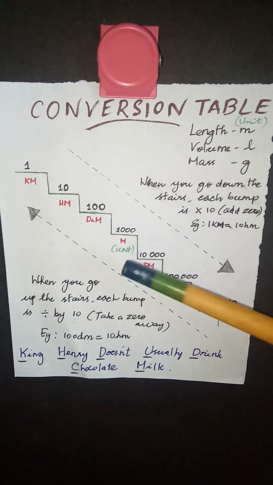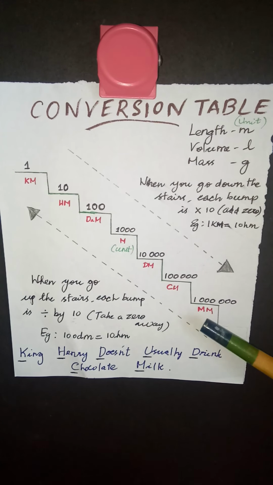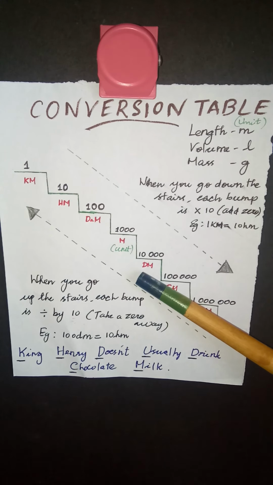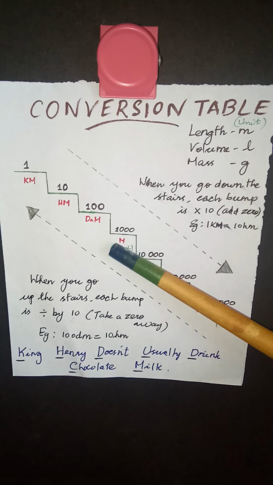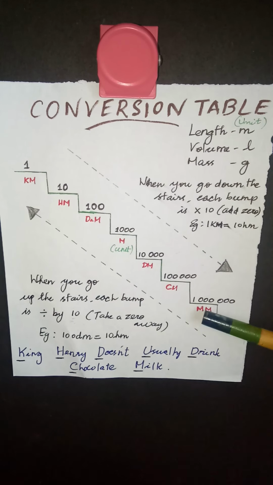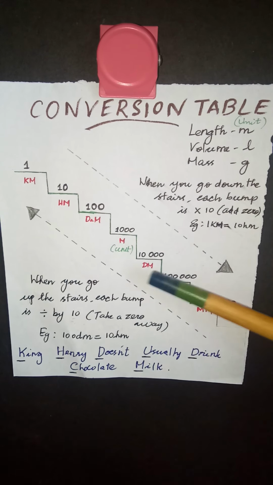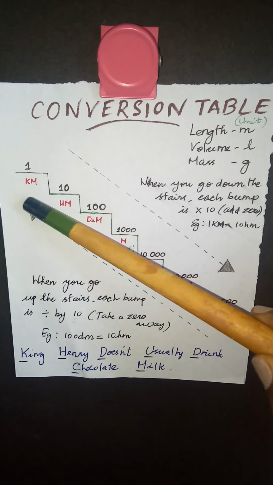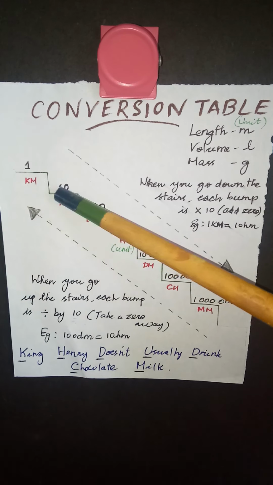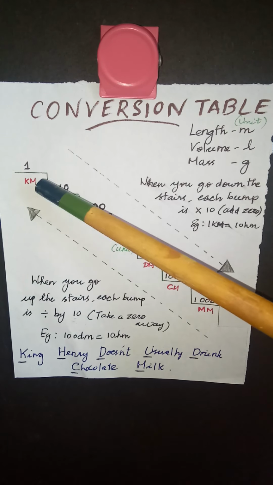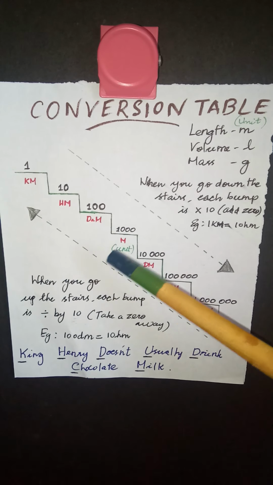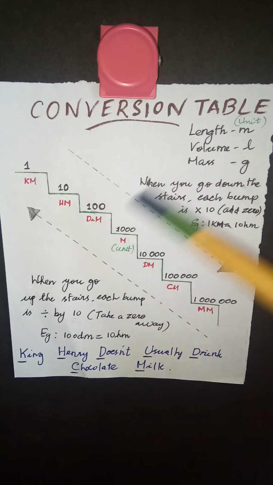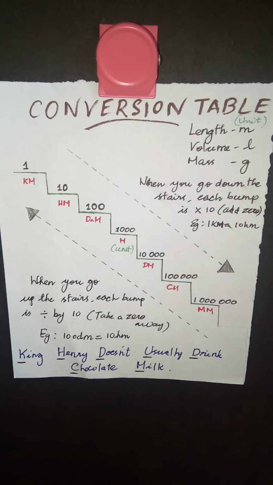for each bump, you divide by 10. For example, you are converting millimeter into centimeter, divide by 10. Centimeter to decimeter, again divide by 10. Decimeter to meter, divide by 10. Same way, if you are converting millimeter to decimeter, divide by 100 because 2 bumps, 2 steps are there. Millimeter to meter, divide by 1000. Okay, so same way, 1 meter is equal to how many kilometers? Divide by 1000. So 1 meter is equal to 1 divided by 1000 kilometer. So this is an easy way to convert one unit into another subsidiary unit.